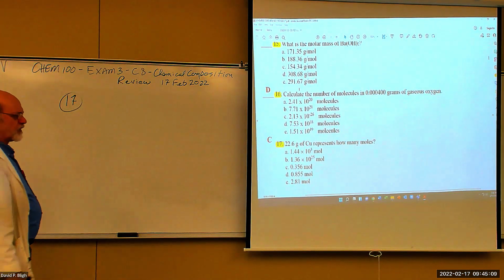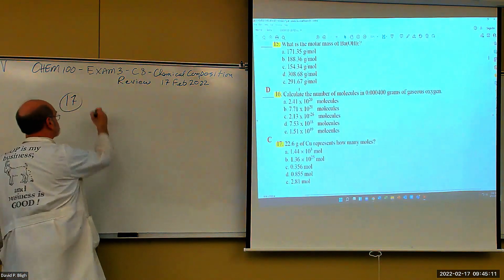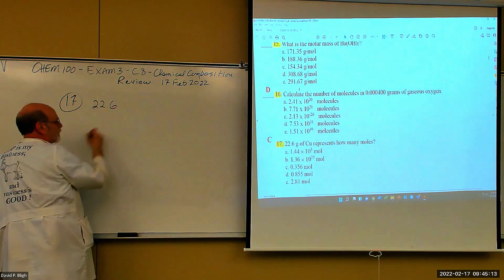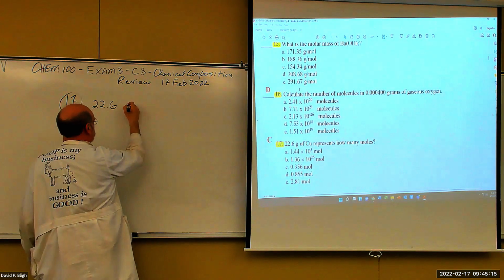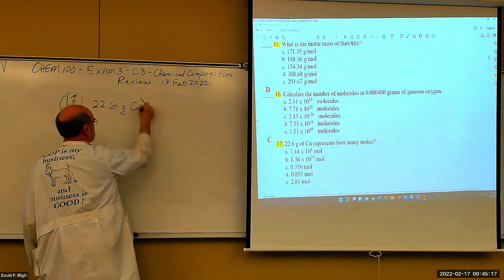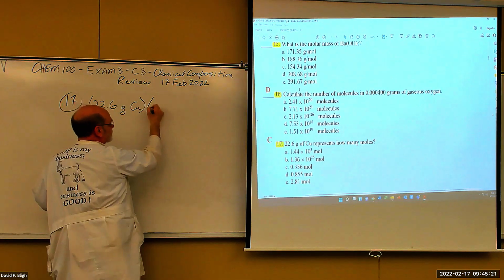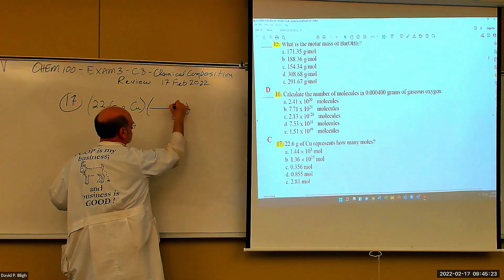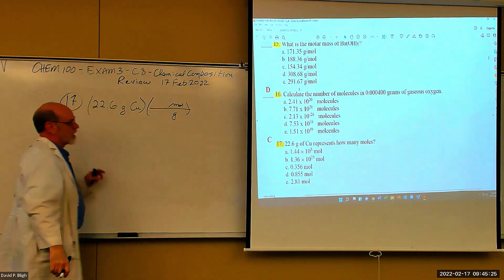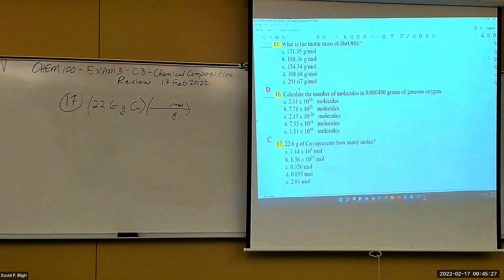22.6 grams of copper represents how many moles? Actually getting simpler. Grams of copper, right? If we're going from grams to moles, that's simple. Molar mass of copper. So you just have to know where copper is. It's a transition metal, right next door to zinc. Rounded off,